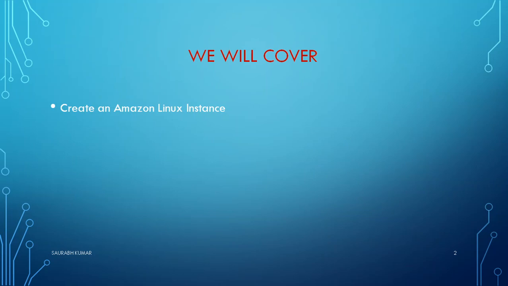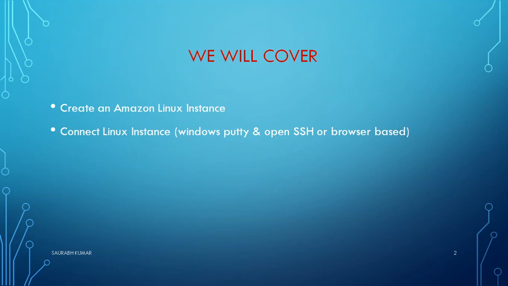So in this video we will be having a look at how to create a Linux instance and then how to connect to the Linux instance by using maybe PuTTY, by using OpenSSH or by using browser. So we will be having a look at all these three areas, how we can access the Linux instance. Like if I compare it with Windows instance, Windows we were using RDP. So RDP was being used to access a remote desktop of the Windows instance, but here in Linux we are not going to use RDP. We will be using either SSH, either we will use application like PuTTY, or we will use browser based access.